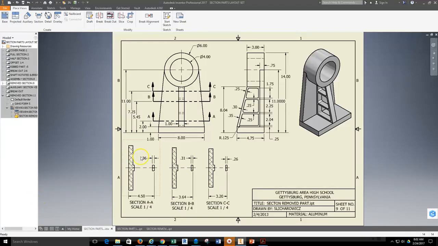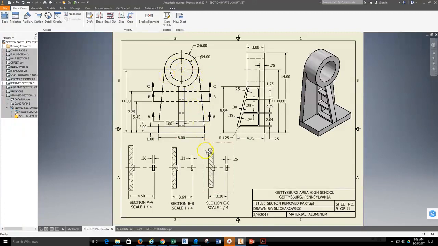Okay, in this video we're going to work through the process to create removed section views. Removed section views are set up by creating multiple cutting plane lines. These cutting plane lines can be created at specific distances from a displacement point or a datum edge. This would be the datum edge at the bottom of the part. And then these specifically placed cutting plane lines can be set to a distance utilizing a sketch tool on the